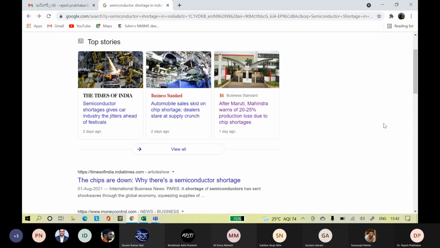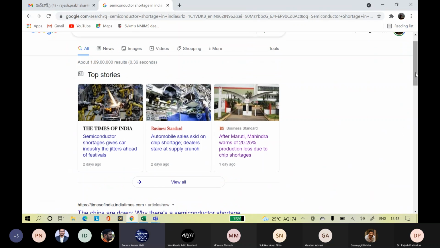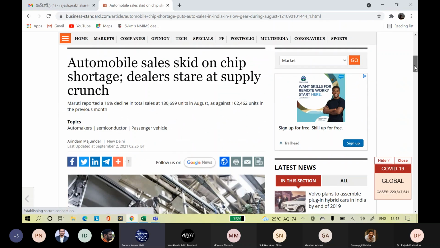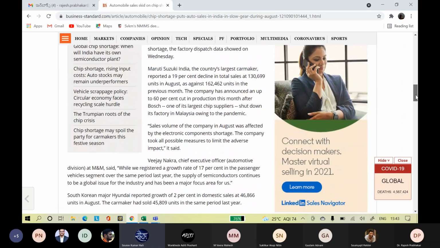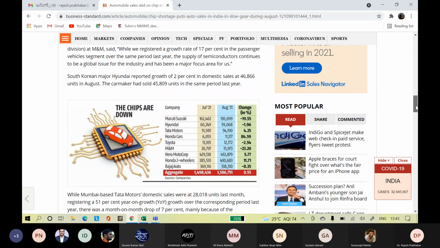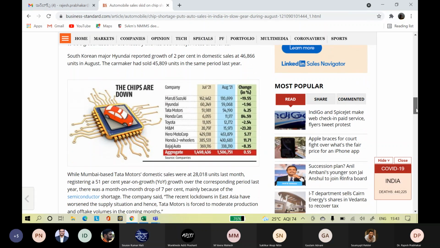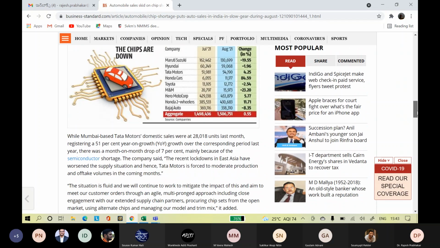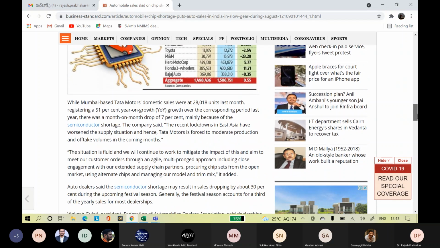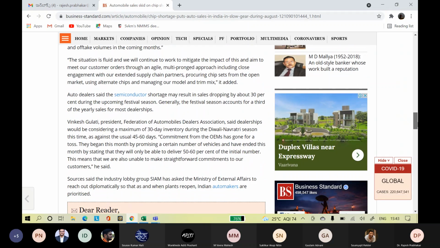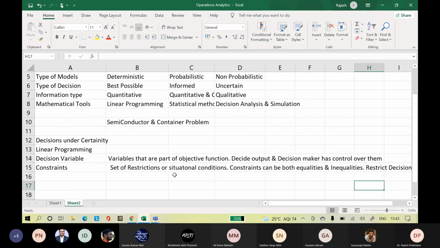What? Shortage of workers. No. What is related to workers and semiconductors? No, sir, I'm not talking about the semiconductors. You said, what are the constraints? So I'm just giving one of the constraints. See, the only thing the automobile industry is saying is chip shortage. They decided to cut the production. Now, what constraints did they consider to decide to cut production by X percentage? To decide that I will cut my production by X percentage, what are the constraints they would have taken into consideration? Sir, stock of the chips that they have.